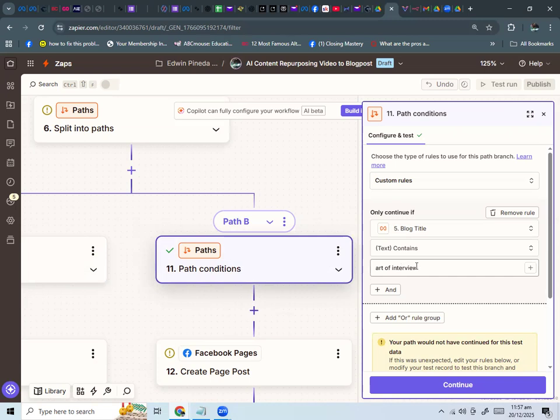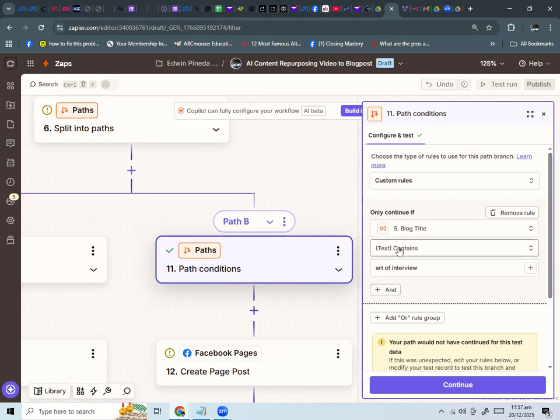For the second part, path B, my condition is for blog titles that contain art of interview. We have two contents right now, but we can have as many as we want, and we can put a parameter on each path.